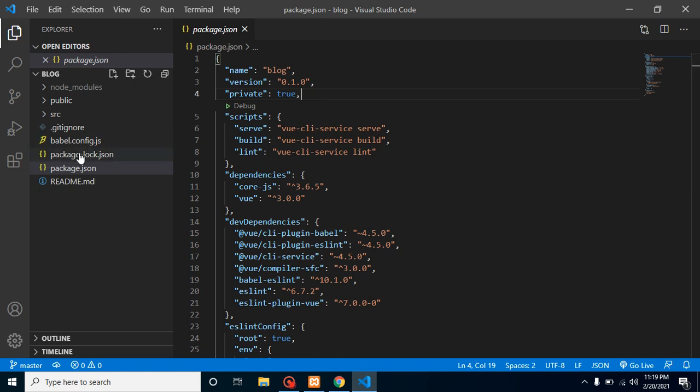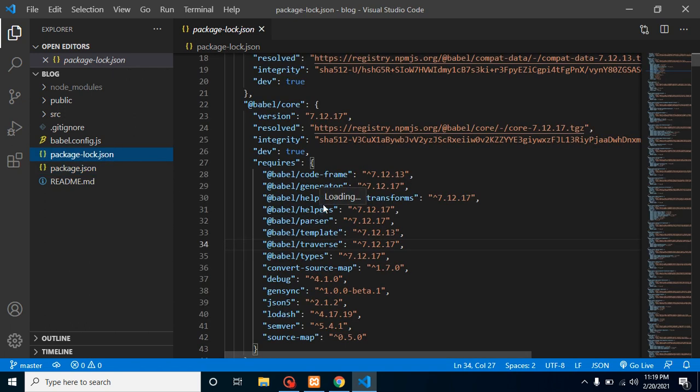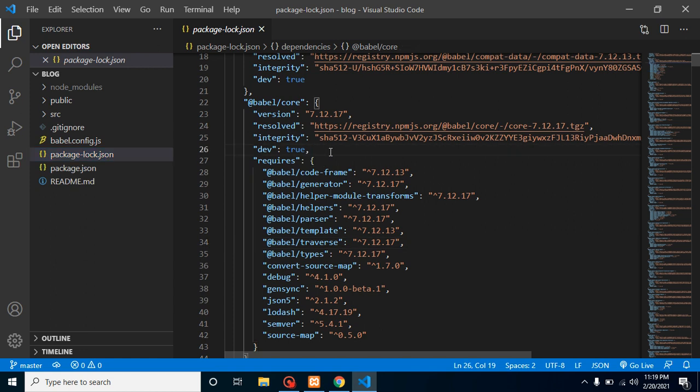After that, package-lock.json, and we never make any kind of change in this file. Even if we delete this file, it will not impact our project. Whenever we run the npm install command again, this file will be automatically generated again. So what this file basically carries is the tree structure of your dependencies. For example, we are using babel core, right? So this package might have some internal dependencies because it might be using some other packages also, like code frame, generators, helpers, parser and all. So it will carry the details of all these packages.